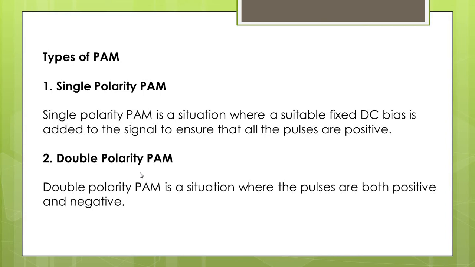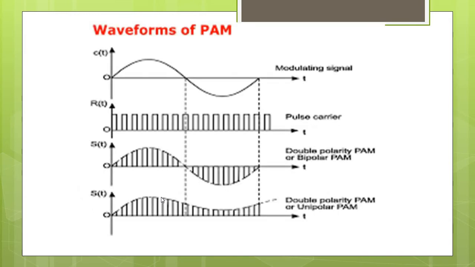Whereas in double polarity PAM, the pulses are present on both sides of the axis, that is positive as well as negative. You can see the example waveforms of the single polarity PAM and the double polarity PAM here. So the first one is the modulating signal or the message signal, which is a simple sine wave. Second one is the carrier signal, which is a train of pulses. The third one is the double polarity or